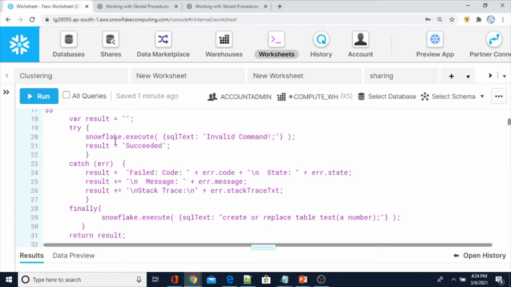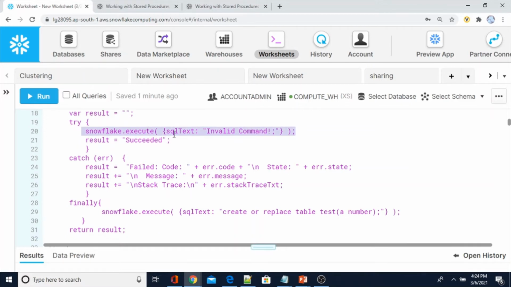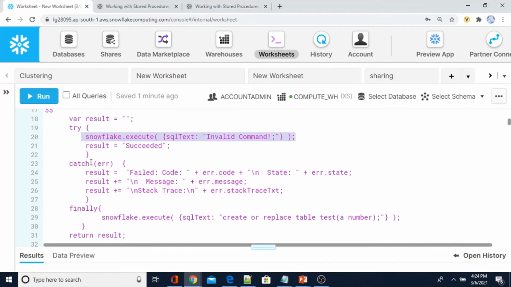Once that is executed, we are going to capture the succeeded result. In this string variable result, we are going to assign succeeded. If there is any error during the execution of this statement, the control goes to the catch block.